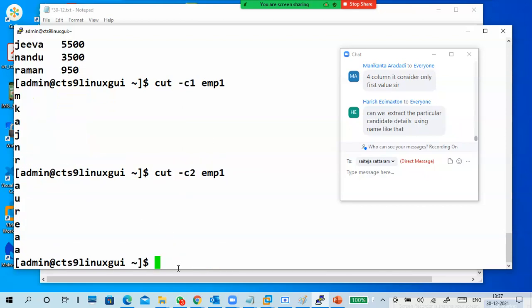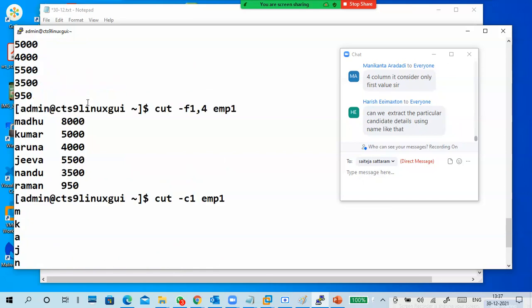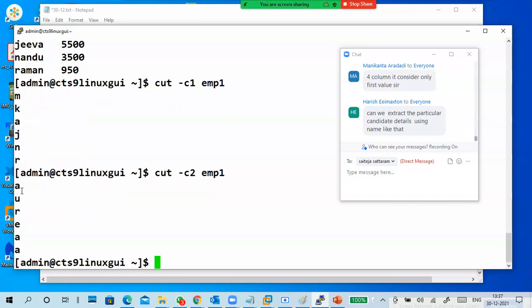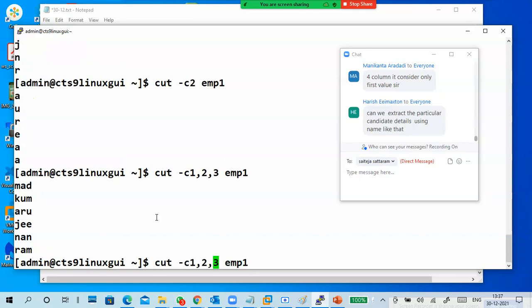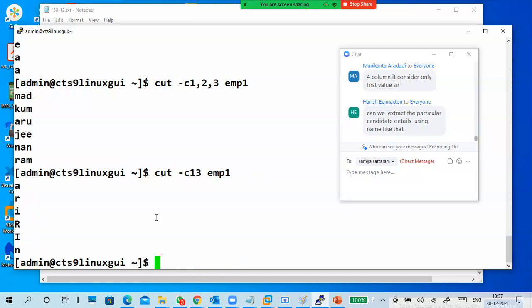So use C2, the second character: A-U-R-E-A-A. See? If I use like this, 1 comma 2 comma 3, okay. If I use something like 13, it went to some place.